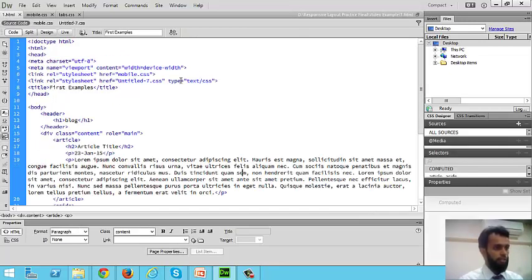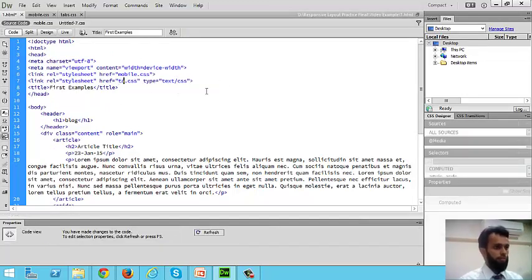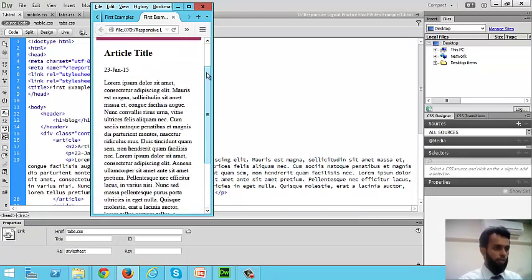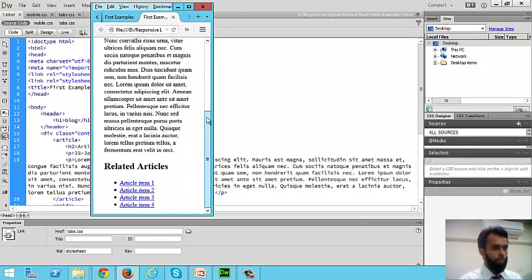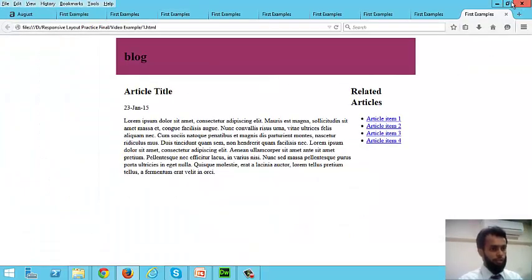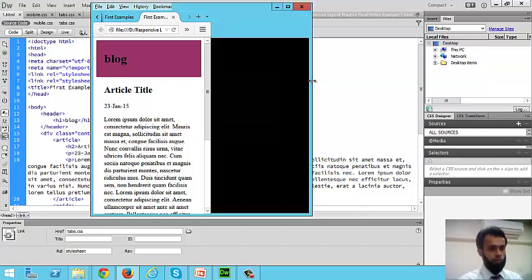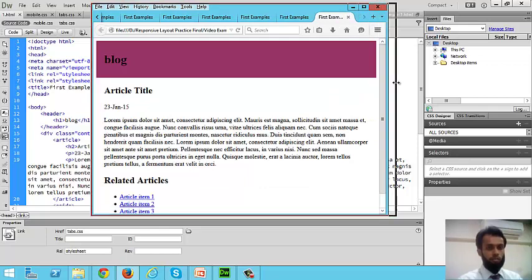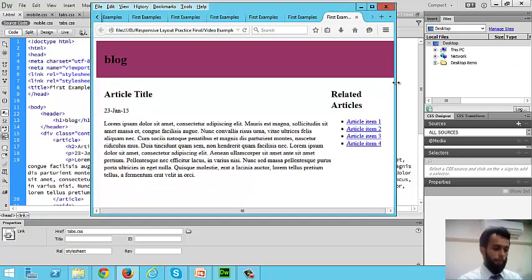So let's connect our CSS with our web page, tab.css. Here you can see your browser proportion is divided into two parts. Okay, so far looks pretty good. If you have a phone, the look and feel of the website would be a single column. If you have the tablet or the minimum tablet width, the look and feel would be changed. So far looks very good. Now we are heading towards our last part of the